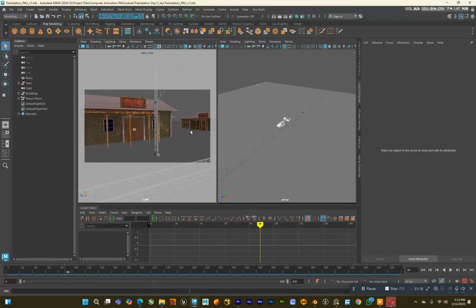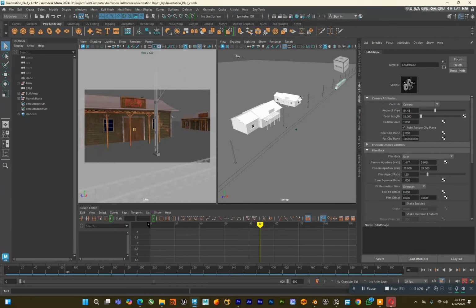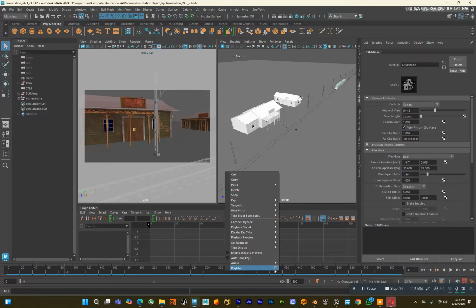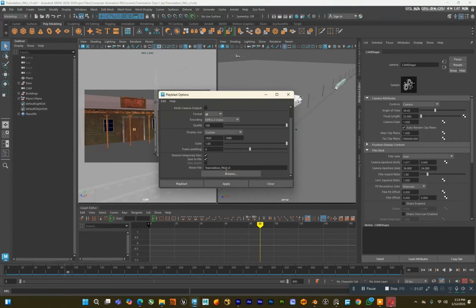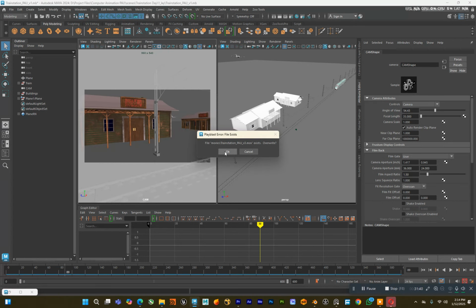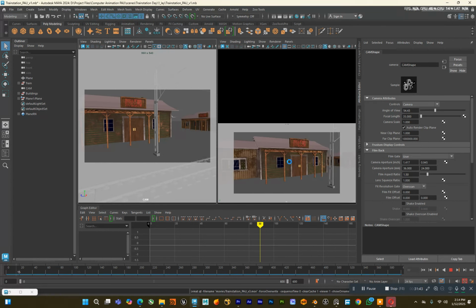So I'll click here, and also please, if you have this far clip thing, click on your camera, go to near clip plane 1, add 2 zeros here, right? So I'll click here last, right click, do this, give it a name, and then Playblast, and then say overwrite my format action. So you see it's playblasting my camera, not my perspective. So the last camera you clicked on, or the last panel you clicked on, is what is going to Playblast. So I'll just wait for this to be done,